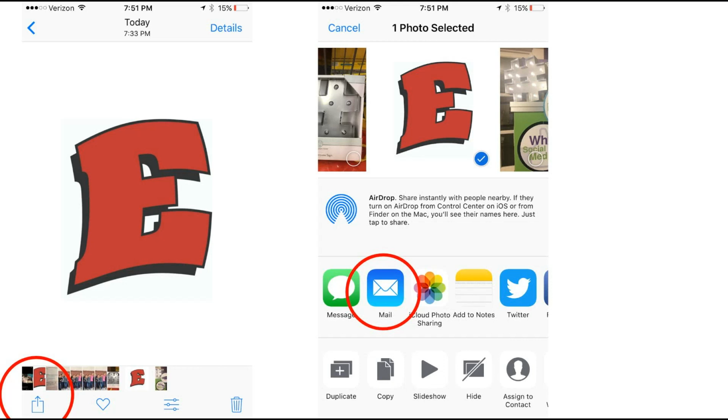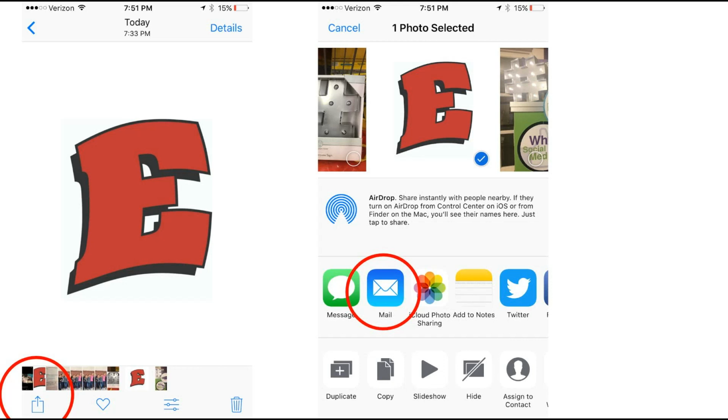Pick the send button in the lower left-hand corner, then pick your email, and then type in the email. I believe that this way, especially if you have to send in a couple of pictures, is easier than starting an email and then having to double click and insert a photo within that email. This to me is easier because I can find the pictures that I want, hit that send button, and select them.